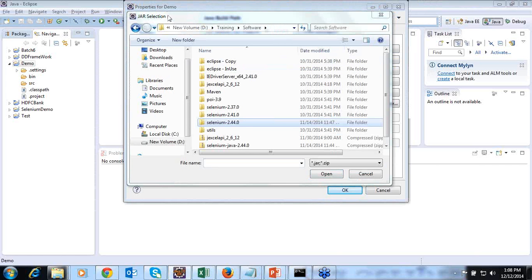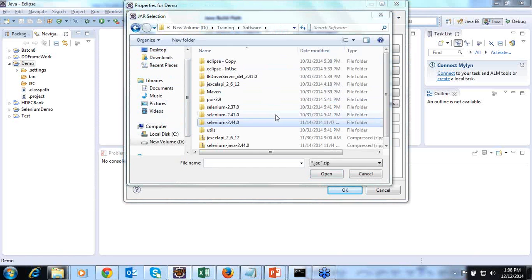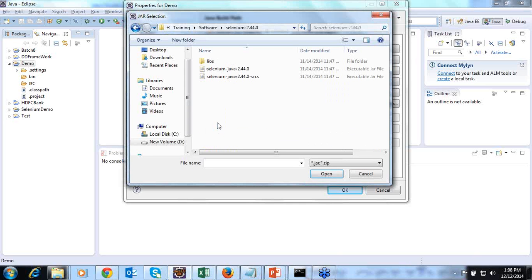After clicking, it will open a browse window. Go to the place where you have downloaded the jar files. For example, here is a folder called selenium-2.44.0. Open it. After that, you'll be able to see two jar files which are present outside the lib folder. Select both of them and click Open.